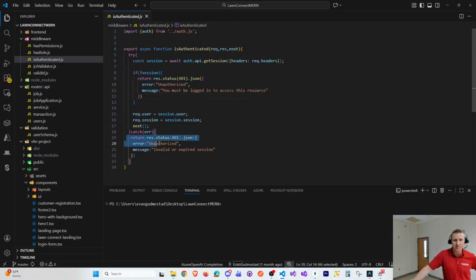or 401, invalid or expired session. So if the cookie expired,